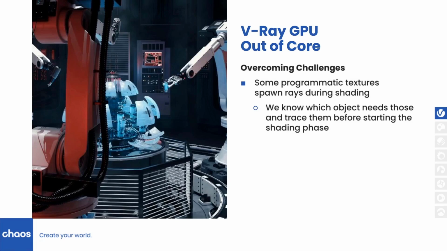We have had many challenges with out-of-core, and we have overcome them. Some of them are about textures that could spawn rays, like the dirt texture, for example. How we have handled that is, when we hit an object that needs such textures, before starting the shading phase, we trace all those additional rays needed to calculate the dirt texture. We store the results and then go into the shading phase, where the texture itself could just use the already